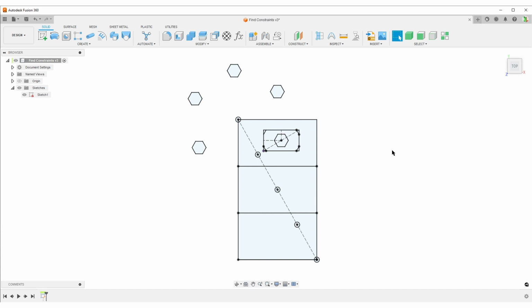A little video on some small things about sketches. First of all, this sketch is done as a demonstration of some of the problems we can end up with, and the basic idea is that there's too much going on in one sketch here, so this is a really bad sketch. What I want to show you is some of the techniques I use to try to understand